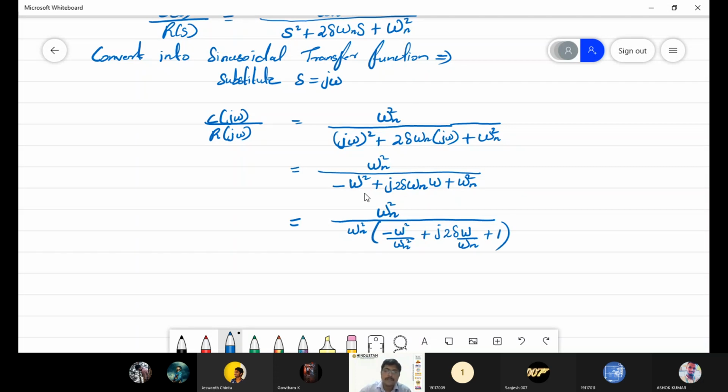So I hope you understood. I just took omega n square outside. Listen, the first term is minus omega square divided by omega n square, and the second term j 2 del omega. I took omega n square outside, then omega n divided by omega n square will be there, right? Therefore 1 divided by omega n will be there, am I right? One omega n and omega n will cancel. So here omega n square divided by omega n square is equal to 1. I hope you understood. Now what I am doing is just cancelling this term and this term. Therefore the remaining term